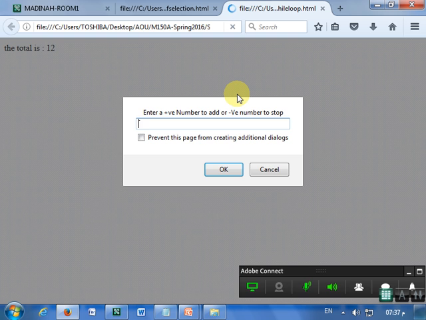Okay, we enter a positive number 12. The total is 12 now. We enter again 12. Then the total is 24 now. We enter